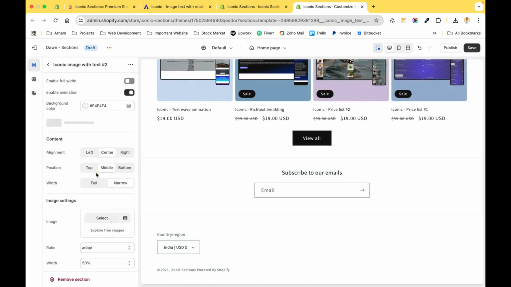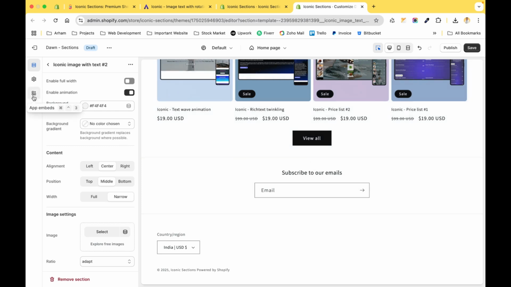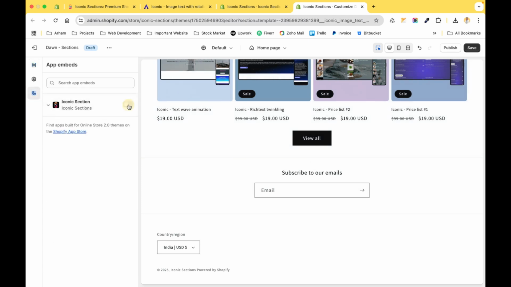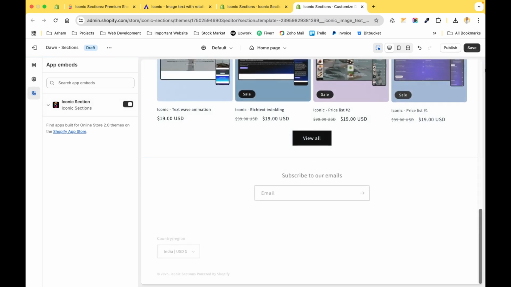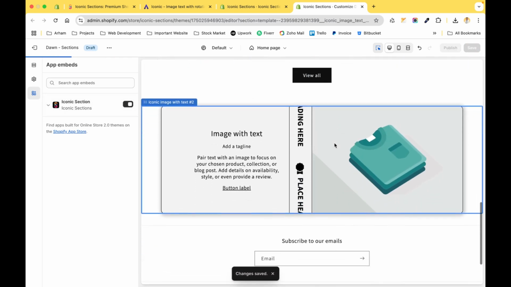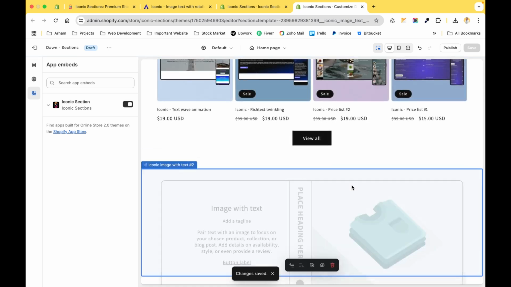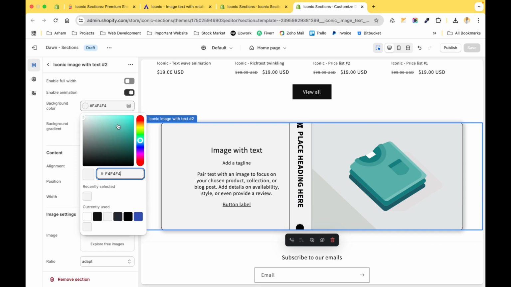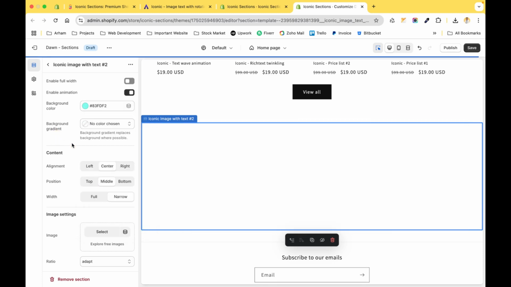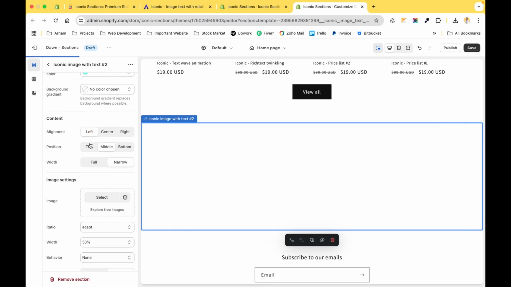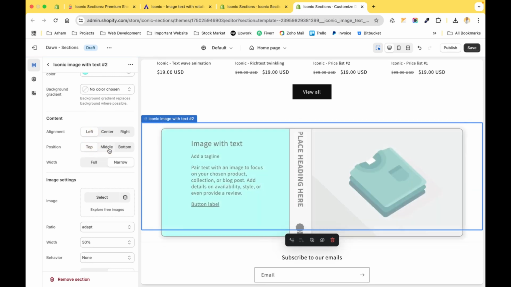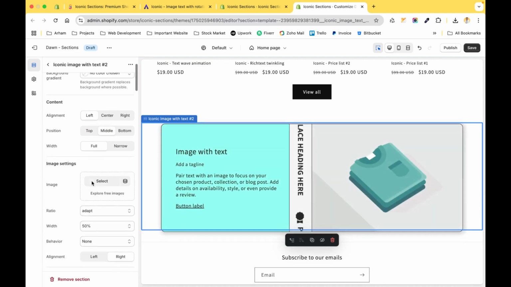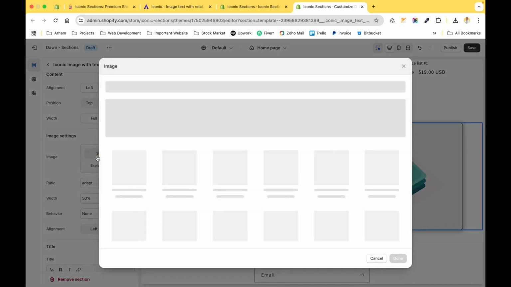Once you add it, as you can see it's not visible, so make sure you go to app embeds and turn this on before using it. Now you can see that the section is here with some dummy text. It's very simple. You can just change the colors like this, and also you can change the alignment very easily. Now you can change the image on the right hand side